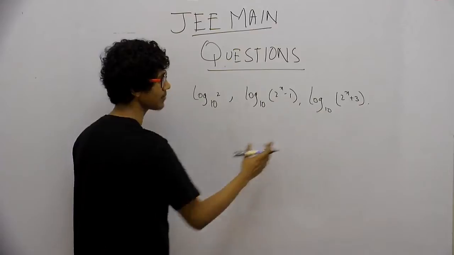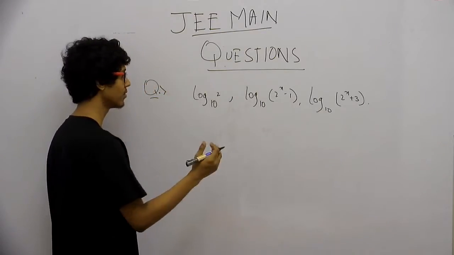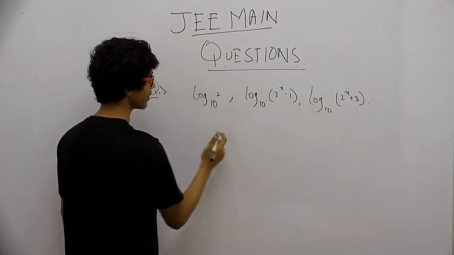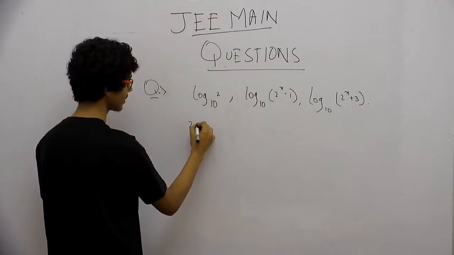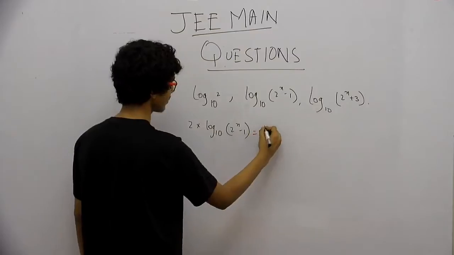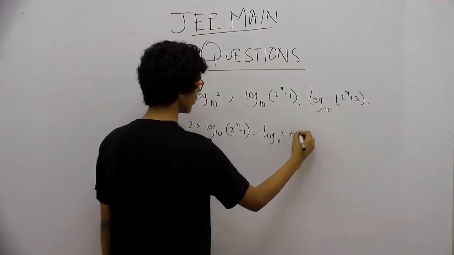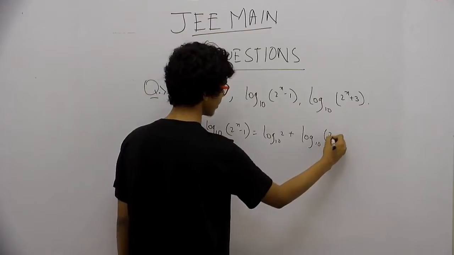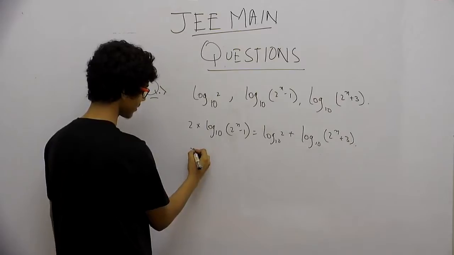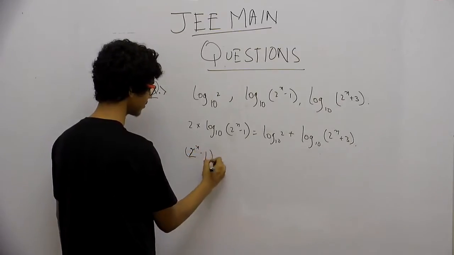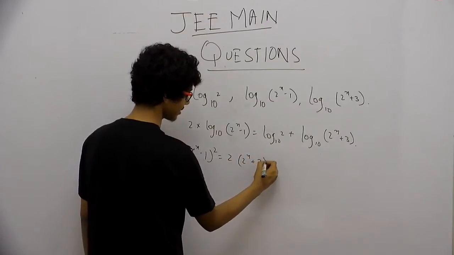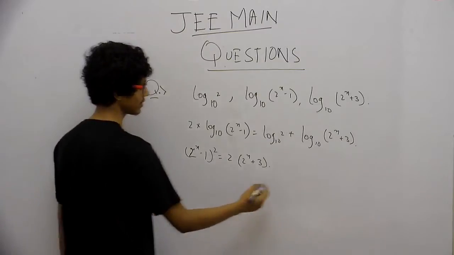ठीक है, तो हमें गिवन है कि ये तीनों टर्म्स AP में। तो AP का वो क्या होता है फॉर्मूला, 2 into the middle term equal to the sum of the first and the third term। So basically 2 into log base 10 2 to the power x minus 1 equals to log base 10 2 plus log base 10 2 to the power x plus 3। Considering the properties of log and removing the log, we get 2 to the power x minus 1 whole square. This is equals to 2 into 2 to the power x plus 3।